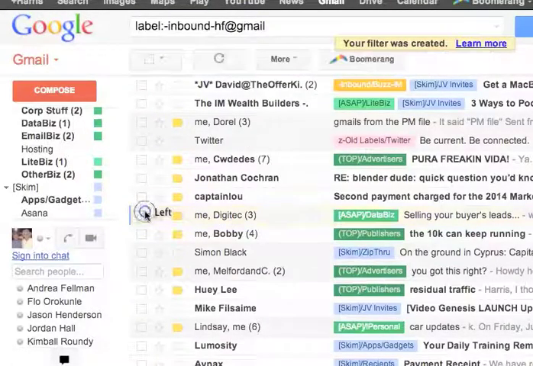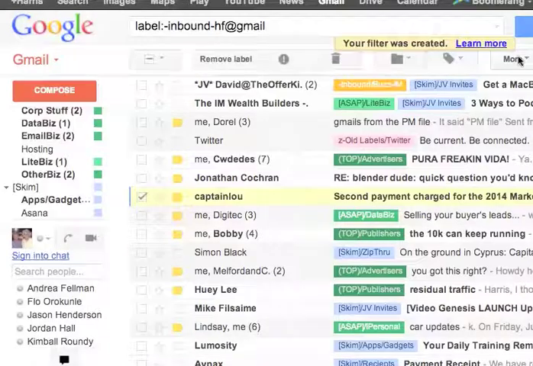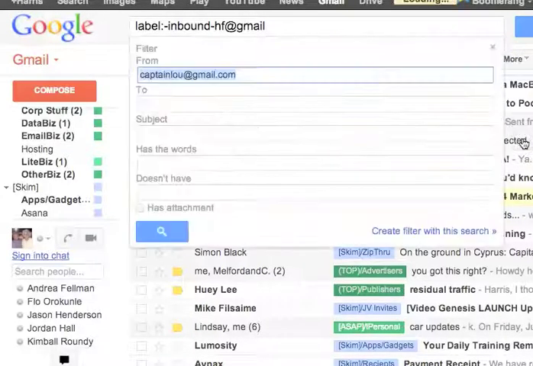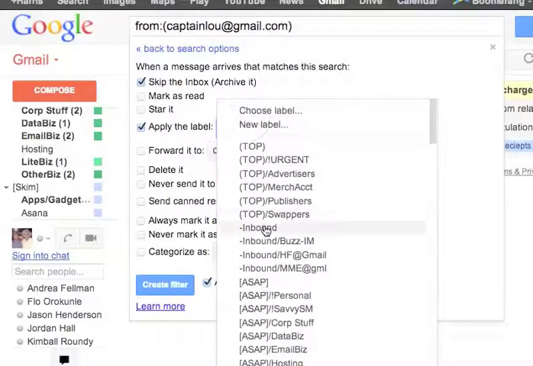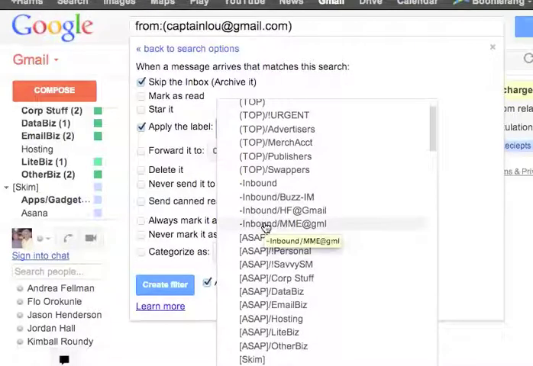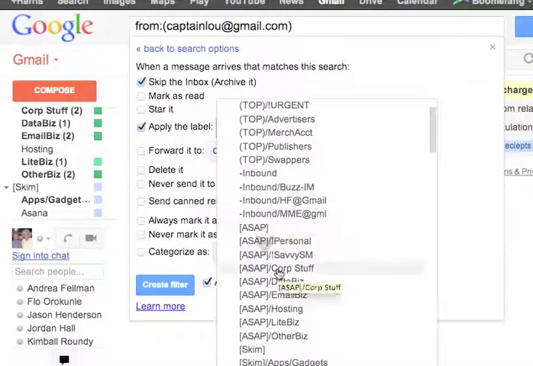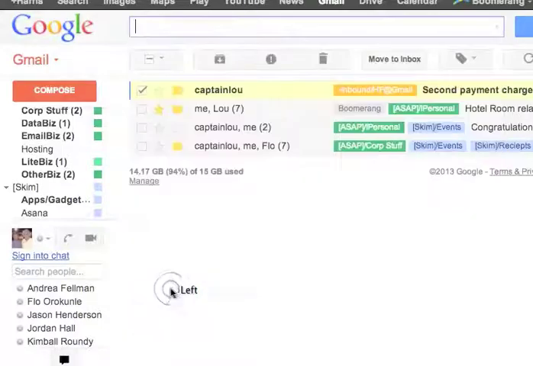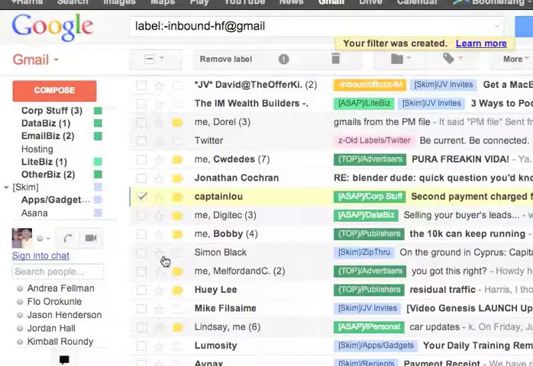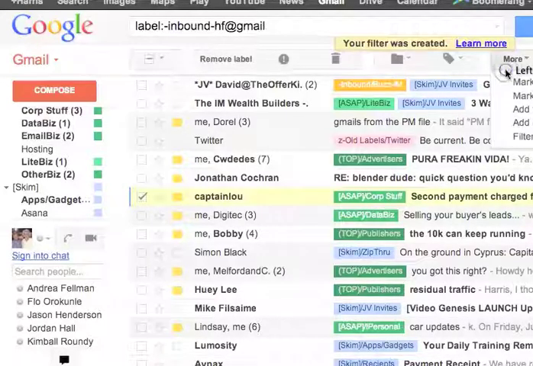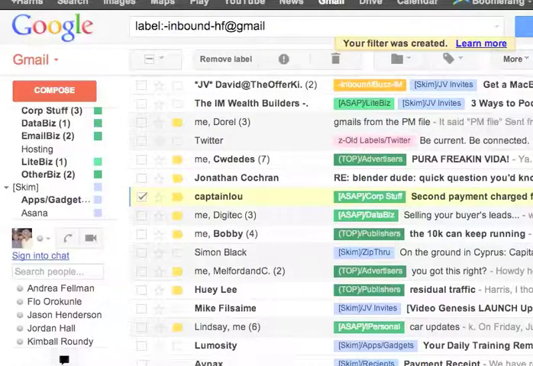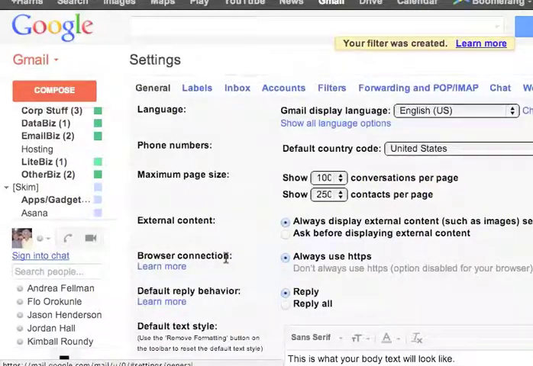All right, and then this thing from Captain Lou is corporate stuff, basically receipts or corporate stuff. So let me see, I'll probably do receipts because that's really anything from Captain Lou. No, I'll just put it under overall business stuff. It's not really legal accounting or whatever, but, oh, you know what, I should have put that under events. So I'll go into settings. You can't see me doing that, but I'm going to settings over there on the right side. There's a gear,